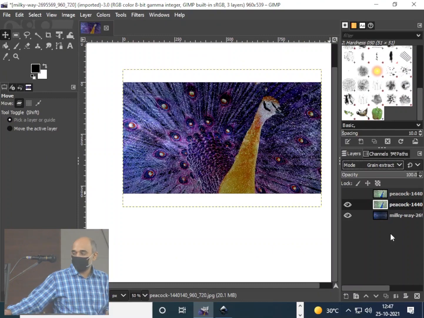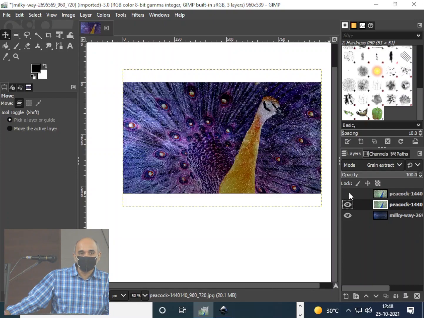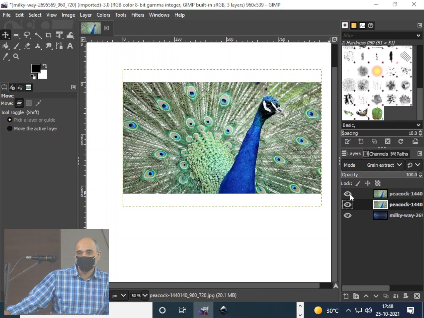Okay, so this is there, and once I make the top layer visible, you'll find that. Okay, because see the operation is not on the third one now. The operation is between the 2 layers which are there at the bottom and not on the top layer. So when I make it visible, it's on top.